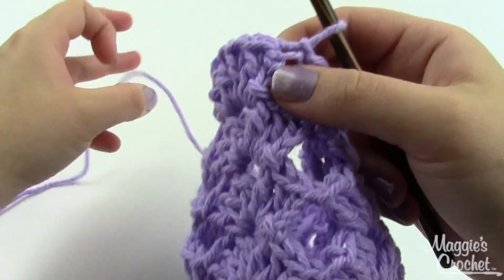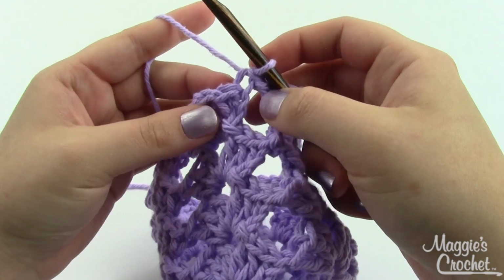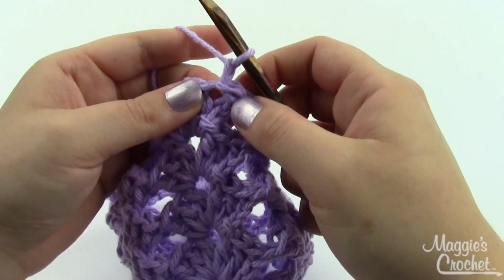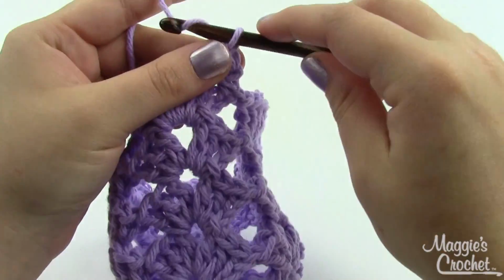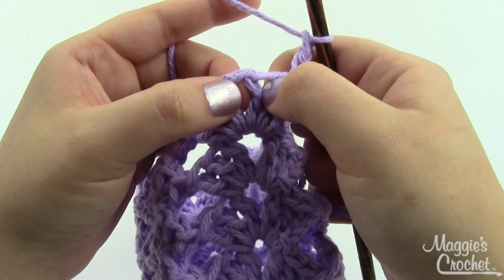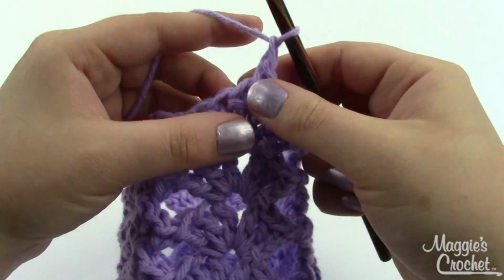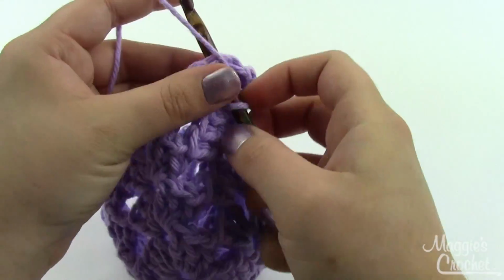Round 7. We just joined together at the end of round 6. You're going to slip stitch in the next double crochet, so that's right here. Chain 1. Single crochet in that same double crochet, and then you're going to repeat the next bit. Chain 1, skip the next double crochet, single crochet in the chain 1 space, chain 1, skip the next double crochet, single crochet in the next double crochet,